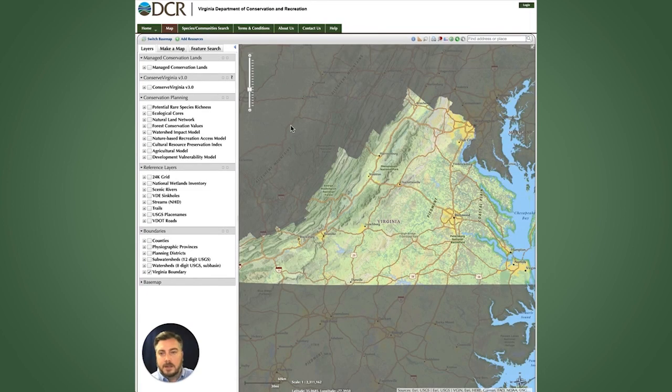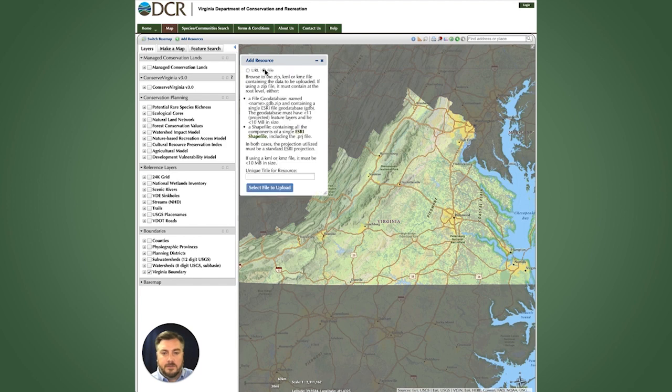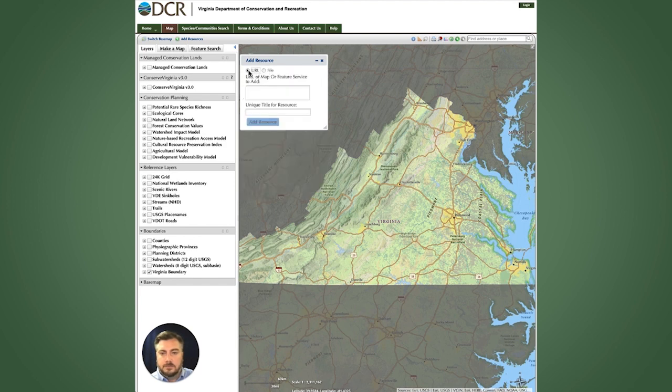We also have the ability to add resources in NHDE by clicking on the Add Resources tab. I can do this two different ways: a URL of a map or feature service, or a zipped shapefile. To show an example of a URL of a map service, I'm going to copy an example that I already have and paste it into this window. More detailed information about the structure that the map service or feature service must be in can be found in the NHDE user guide. So I'll click Add Resource,